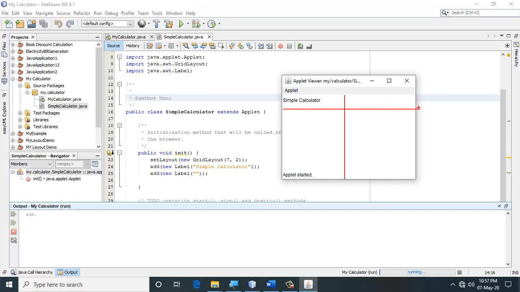So my first cell contains simple calculator, and the second cell here is empty. In my next row, I'm going to put a label here, and I'm going to say enter first number here, and right in front of it I'm going to put a text box. Let's do that thing.